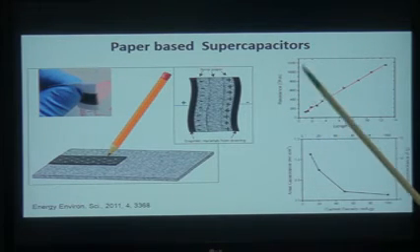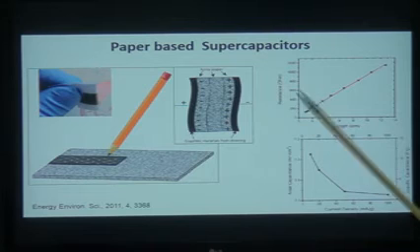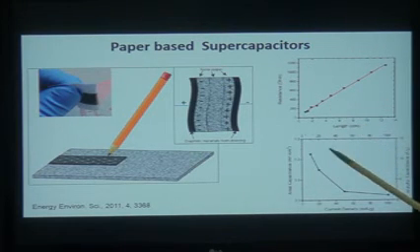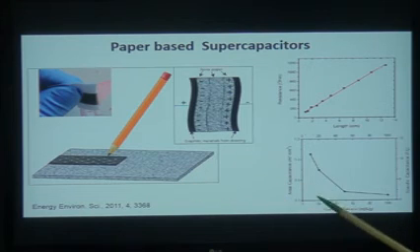hundreds of ohms. And the resistance, as you know, is a function of length. As you go longer in length, your resistance will increase. So you can see that it is linear. It is almost like a good resistor. So you can draw it the way you like, and you can make devices.